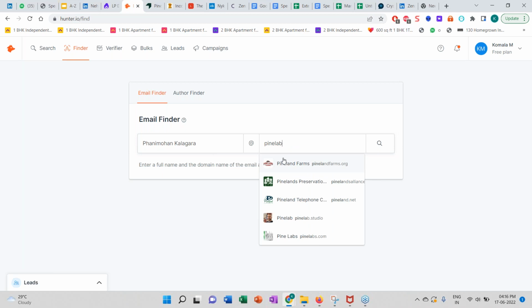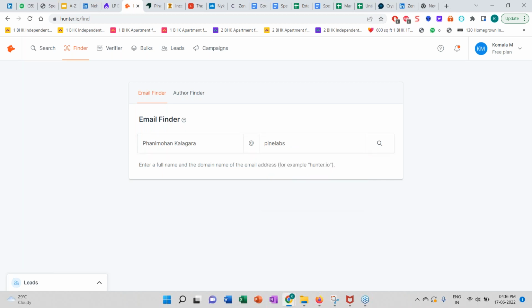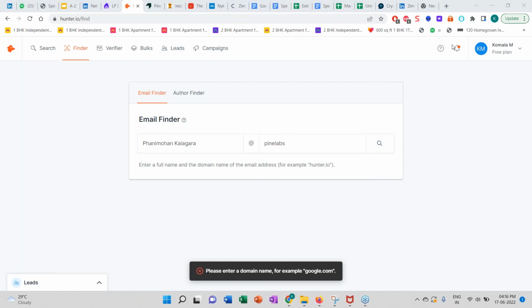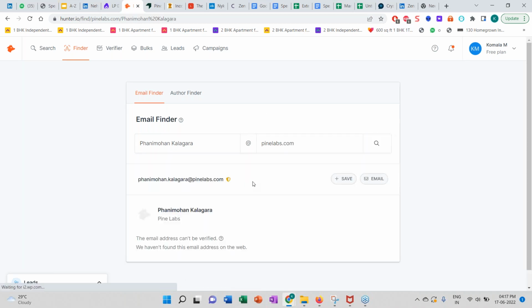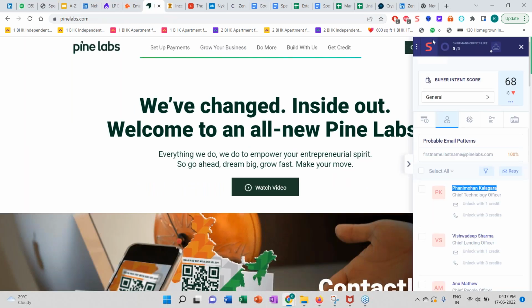You will have all the combinations displayed, and just give a search. So you have the email ID of the person here itself. You can use Hunter for that. So getting back to Slintel,